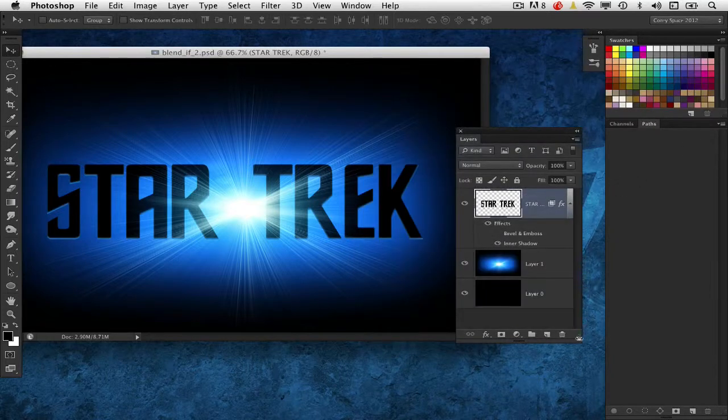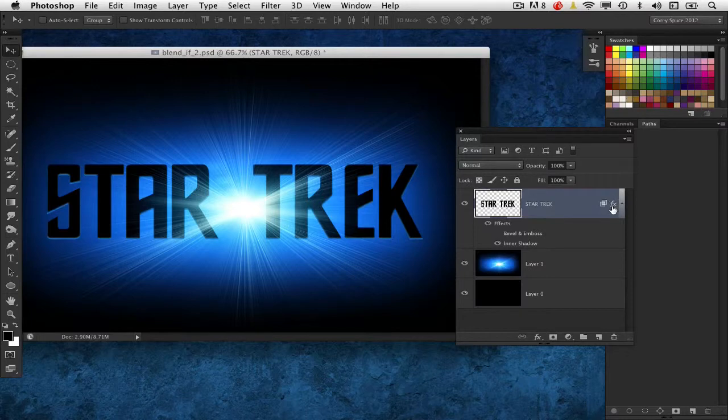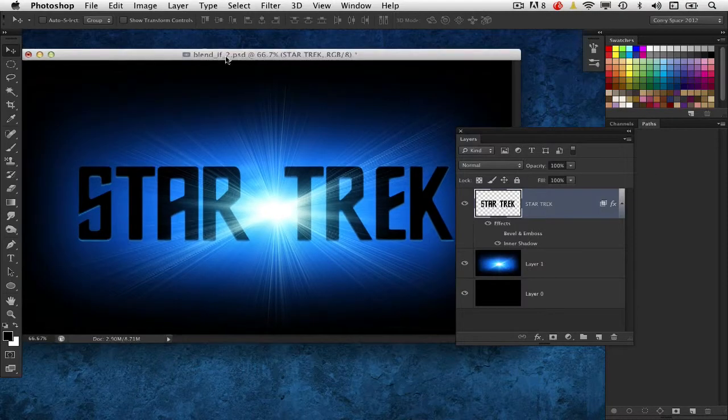Now, in previous versions of Photoshop, you would not be able to know whether or not you did a Blend If adjustment until you actually went inside that panel to see if the sliders were adjusted. Now you have this little overlapping squares icon here indicating that you've added a blending feature in addition to a layer style, in this case on this particular layer. And it's allowing that beam to beam through. So it determines how layers blend based on the lightness and darkness of the image, and you use those sliders to adjust the intensity of that.